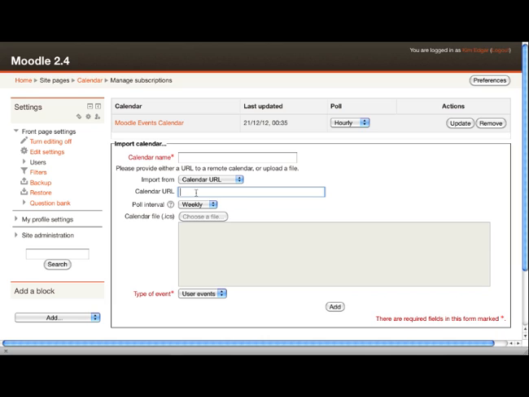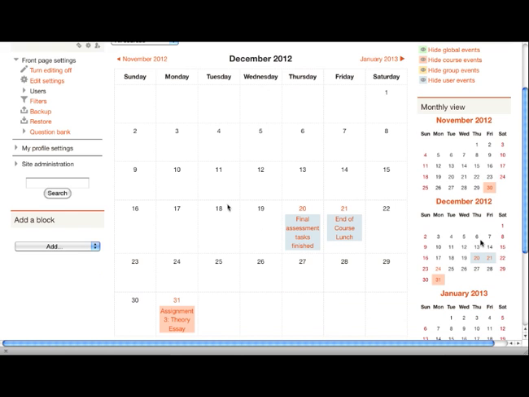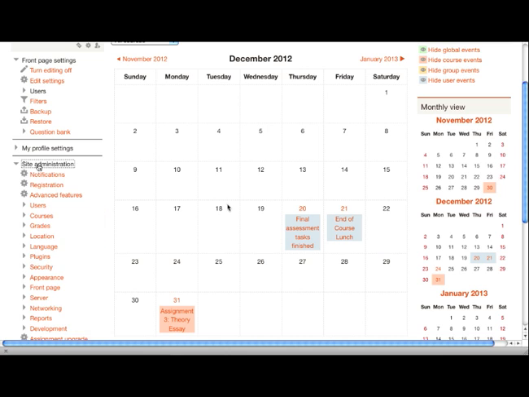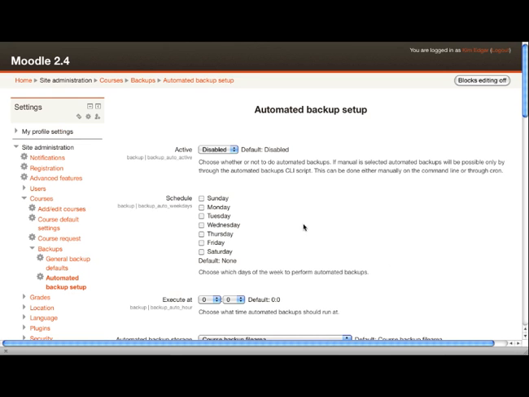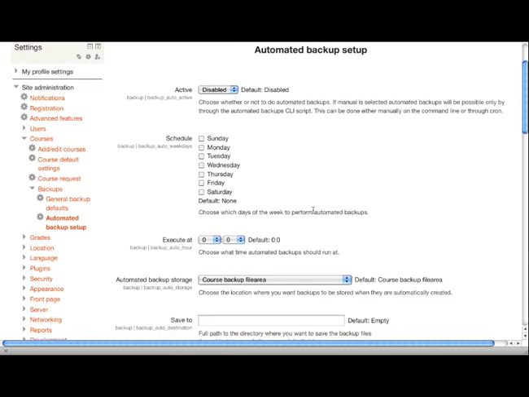And once you've got the correct URL, if you click on Add, it will automatically add that calendar to your Moodle site. There are also some changes in site administration that are worth having a look at. First of all, under Site Administration, Courses, Backup, and Automated Backup Setup, there are a number of settings which enable us to skip some courses in our